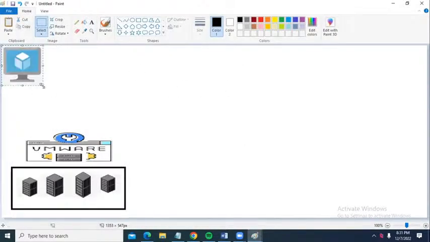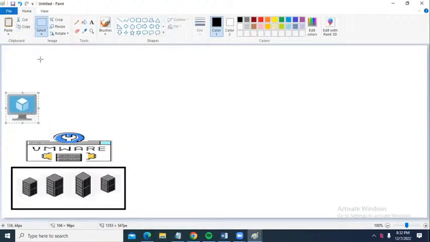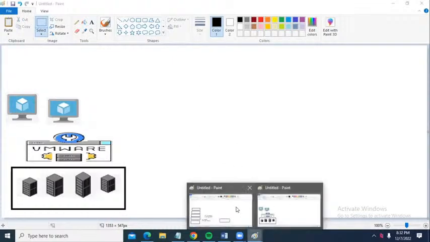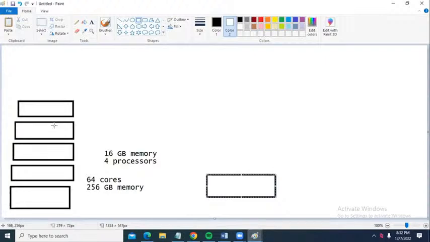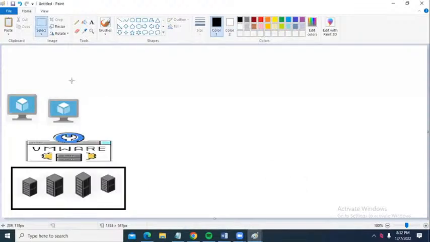So what is the advantage of having virtual machines on the top of this VMware software? The major advantage of the hypervisor and this kind of setup is that there is a wastage of resources in the first case. In this case, so much memory is wasted, and the number of processors is also wasted. So to avoid this kind of situation, generally every organization will have VMware software on the top of the physical machine.